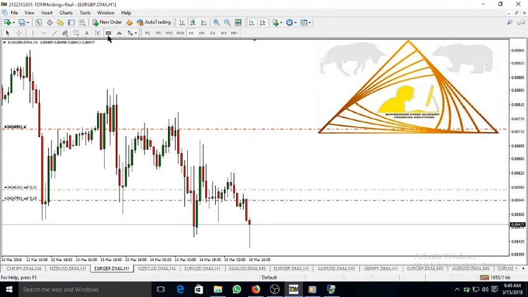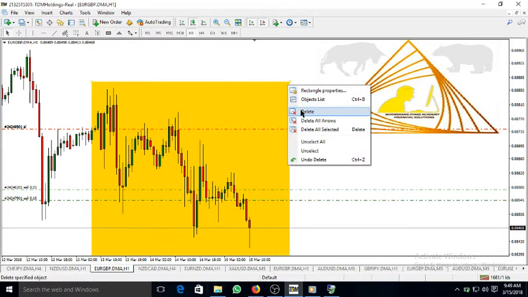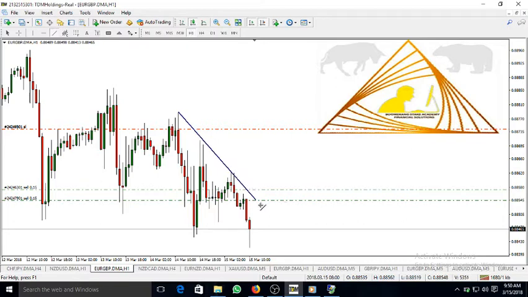So the first thing I do is to determine what kind of trend I am having. I'm having a downtrend. So I want to trade with the trend. I don't want to trade against the trend because that is where the big boys always take turns. You see? So here I'll be drawing it from